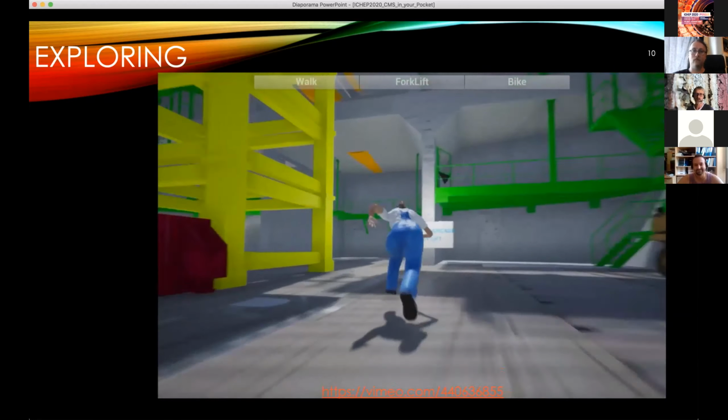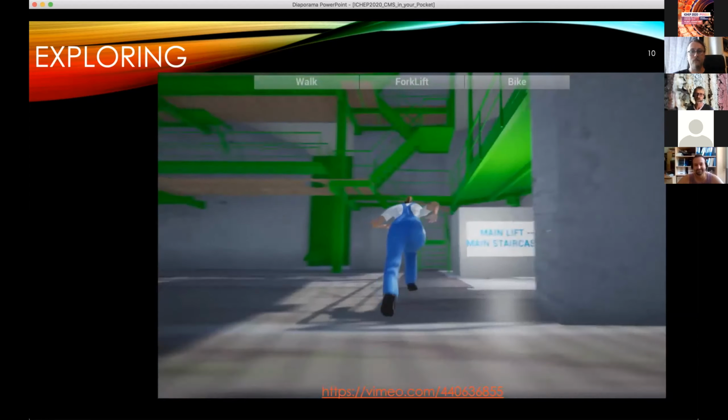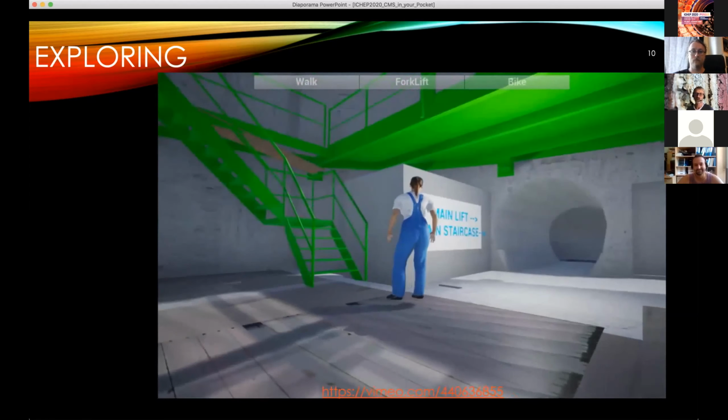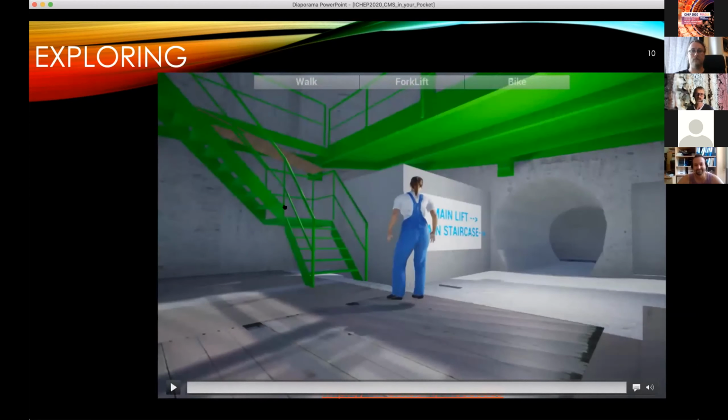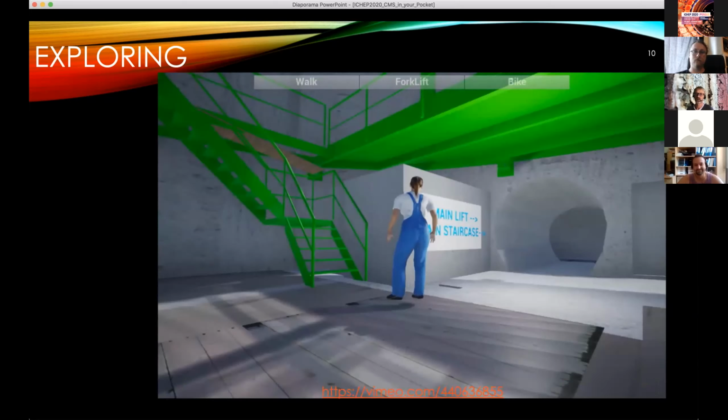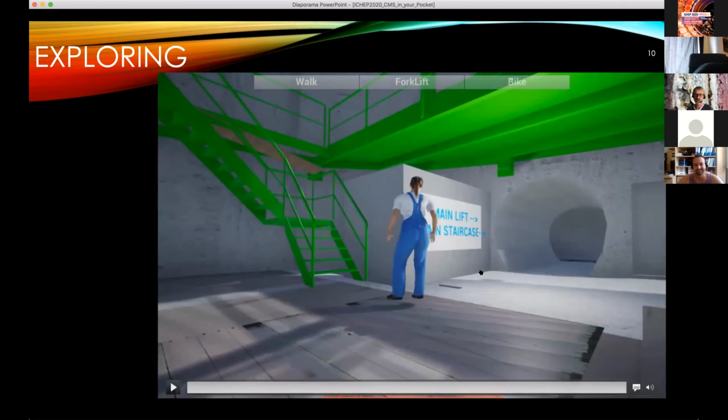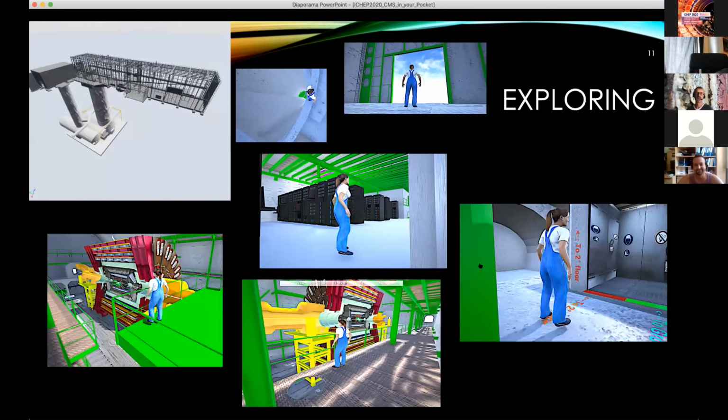So again, I will not go everywhere, but just to show you, you can both go to the stairs here, or in the tunnel, you will have access to the lift of CMS to go on the ground level, or to the main staircase also to reach any level you like. This is possible. So you have the whole plan of all the tunnels, all the rooms of CMS. Here, for example, in this image here,